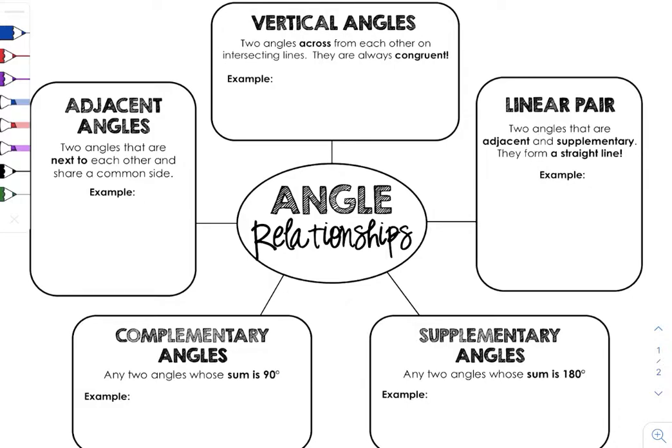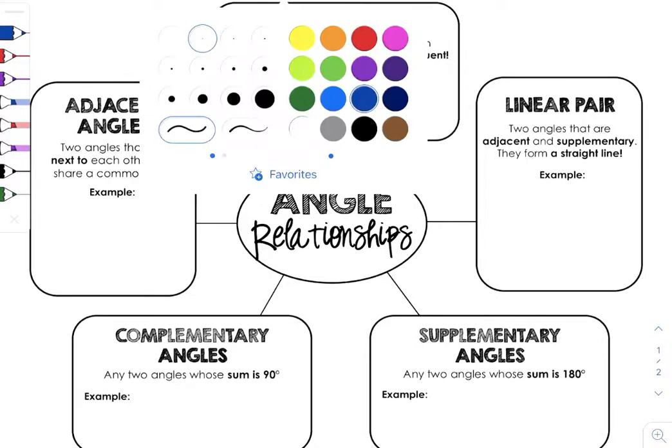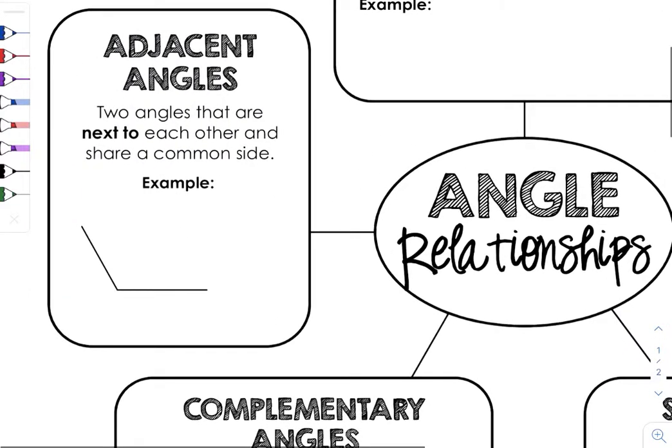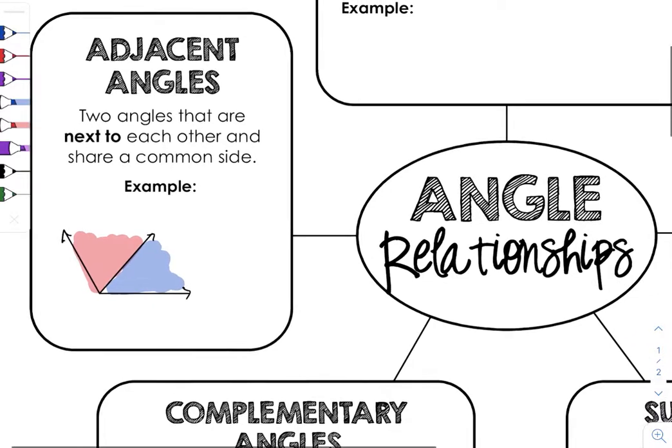So adjacent angles are two angles that are next to each other and share a common side. So this could look many different ways, but either way we have an angle. Okay. And then they share a common side. So this one in the middle that I just drew is the common side. So if I had an angle here on the left, that angle would be adjacent to this one on the right, because again they share that common side down the middle. Right? So those are what adjacent angles look like, and they can look very different depending, but in this case